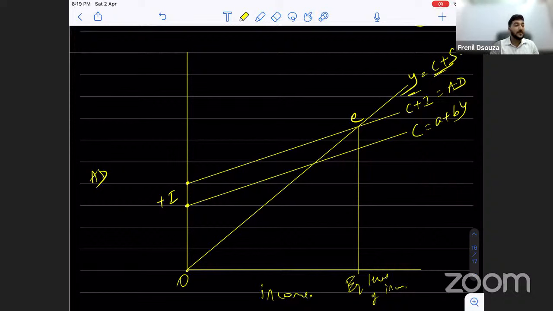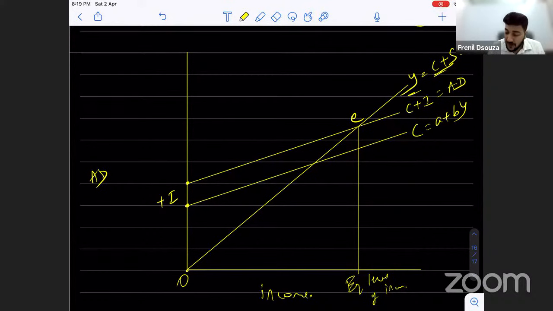There are a lot of things in the two sector model that we have done in the classroom scenario. I am not explaining that here because those videos are already available on our channel. That is with regard to the inflationary gap and the deflationary gap, because these were the things which were added last year. The institute revised the books and they added certain things, and all the additions are available on our channel. In that, I have explained the other concepts in the two sector model which come at a later stage, such as the inflationary gap and the deflationary gap or recessionary gap. We have explained that in those videos. You can go and have a look at it.